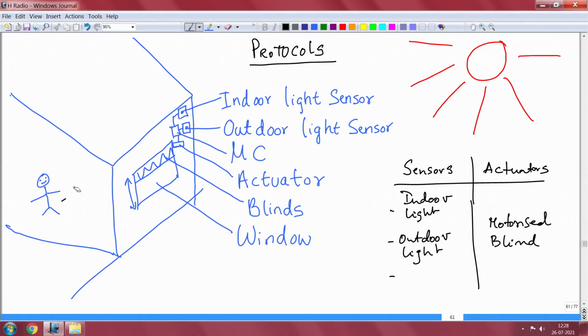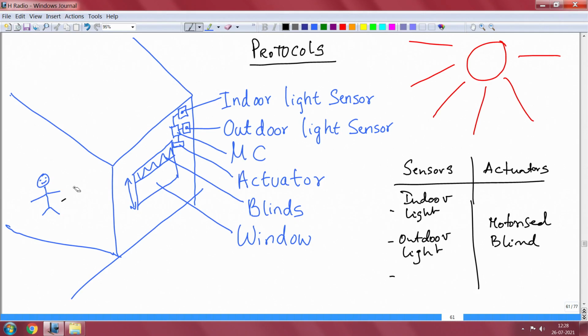So that much the blind should move up. It does not know anything, it is a dumb thing, the motor is simply rotating. If you stop giving pulses to the motor drive, the drive will halt the motor, and if the motor halts, the blind will halt. This is what you should do. Remember, you have to ensure that everything is done in a manner that the human is comfortable, so the motor rotates to ensure that the blinds move exactly that distance.